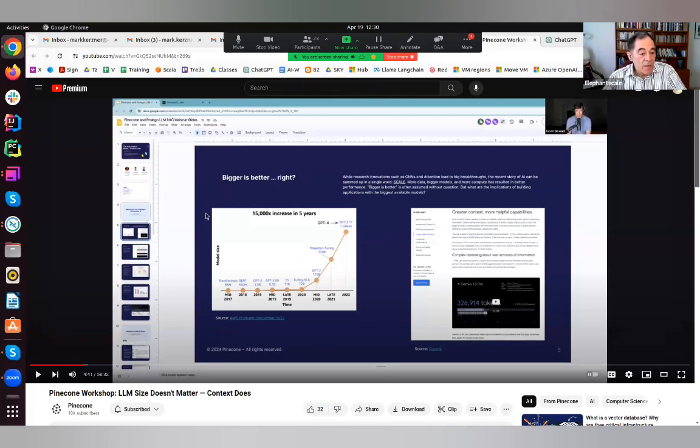And these are the makers of Pinecone. Pinecone is the semantic database, vector database. There are other names that allows you to store your pieces of information and that allows you to build RAG systems. So they touch on